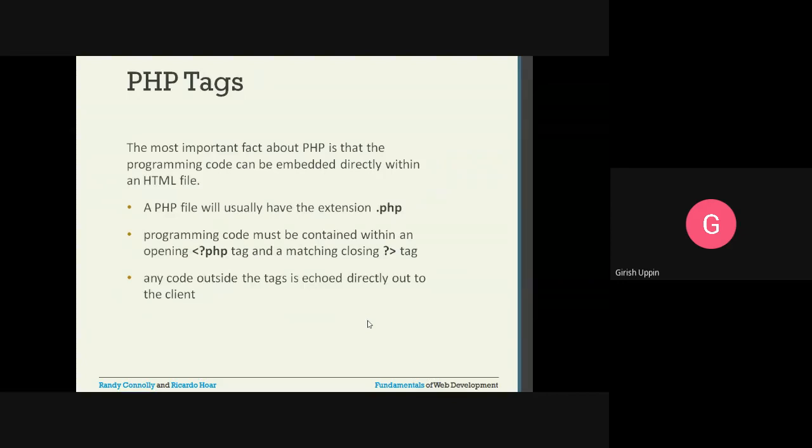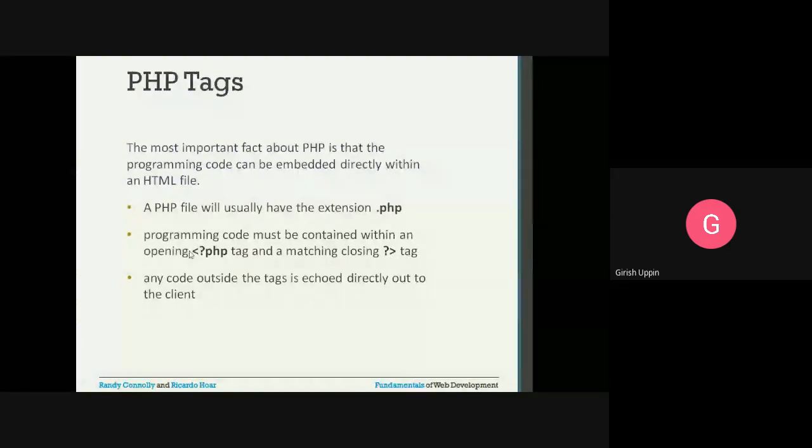PHP tags: the most important fact about PHP is that programming code can be embedded directly within the HTML file. That we already know. PHP code can be embedded inside the HTML file, and a PHP file will have an extension of .php, right? And programming code must be contained within the opening PHP tag and the closing PHP tag.